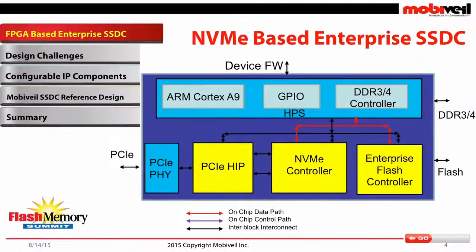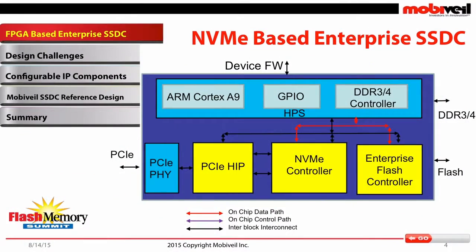That's how the block diagram of a reference design looks like. You have a PCI interface. It's NVMe based. You're going to be talking to host over a PCI Express interface. Then you have NVMe controller, which is actually managing all the NVMe specific functionality, doing the data transfer, managing the PR, PS, GLQ management. And then the heart of the design is the enterprise flash controller. That's the block where actually a lot of flash specific complexities come into the picture. It's going to be interfacing to physical flash.